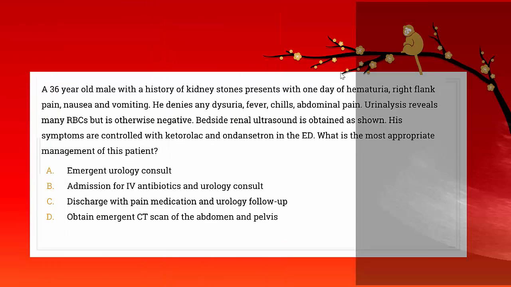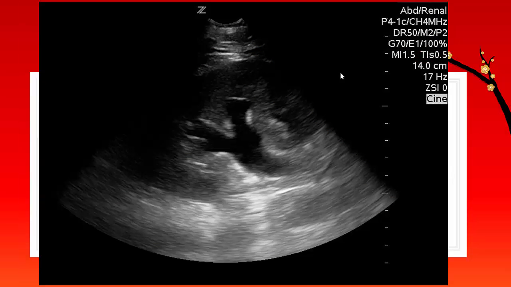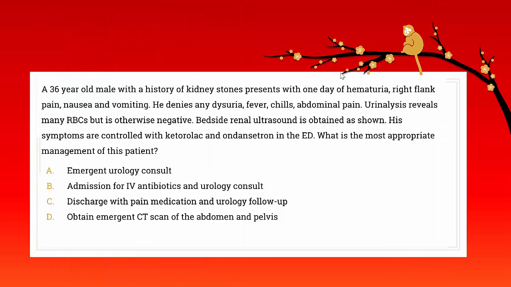So here we have an image of hydronephrosis. You have those dilated black regions in the calyces there. So essentially, we have a patient with a history of renal stones presenting with evidence of urolithiasis and hydronephrosis, which is consistent with this diagnosis. His UA is consistent with simple urolithiasis without any evidence of infection. Choice A would be appropriate if the patient had evidence of infection on UA or if he had potentially a single kidney. However, since we have no evidence of infection, we have a history of urinary stones, emergent urology consult